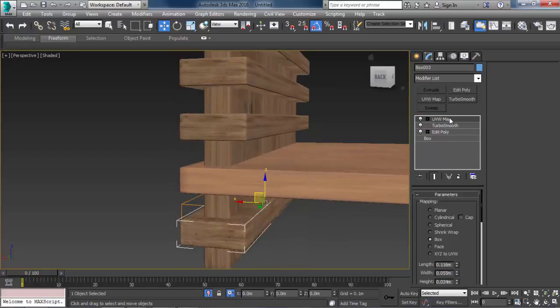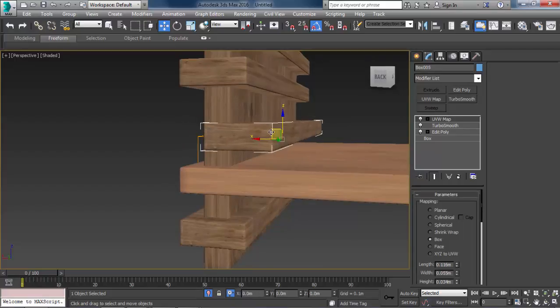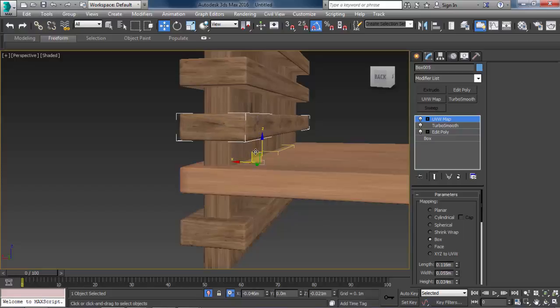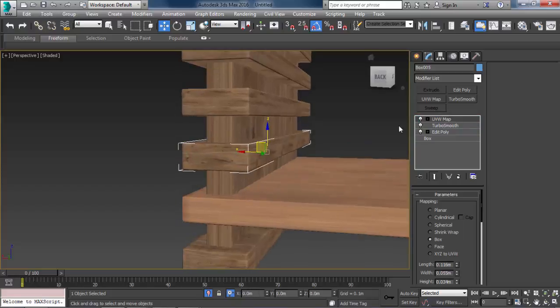I will just copy it to each and every one and select the gizmo and just move it around for everyone.